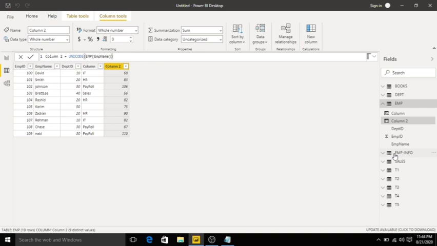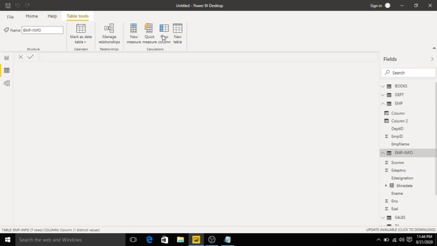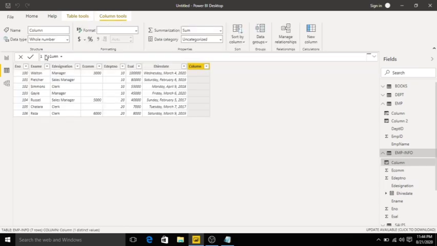Go to the employee info table. We have another function called CONCATENATE. Click new column. CONCATENATE takes two parameters.